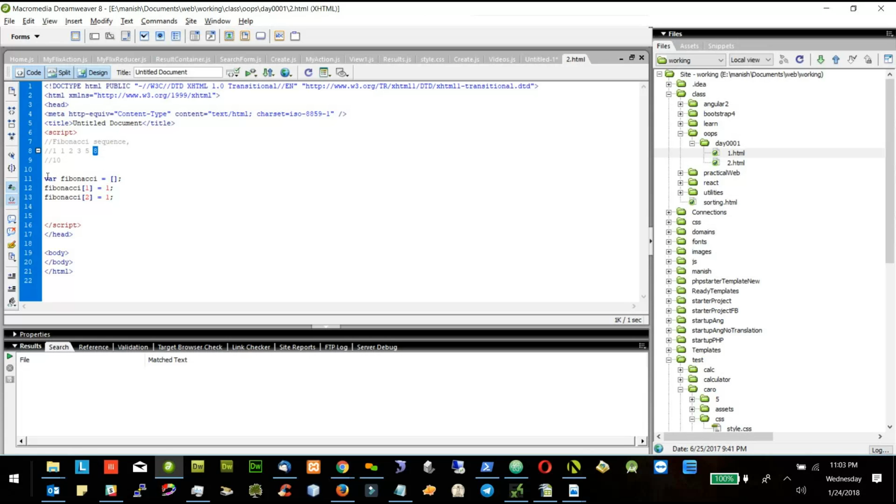So initially what we will do, we'll create an array, and we'll give the first number as 1 and the second number as 1. Ramji started with 0 and 1. That is also correct. But when you go to some interviews, many interviewers say that Fibonacci does not start with 0. You have to start with 1. So if you get people like that, then you have to start with 1 and 1 like this, which I have started.